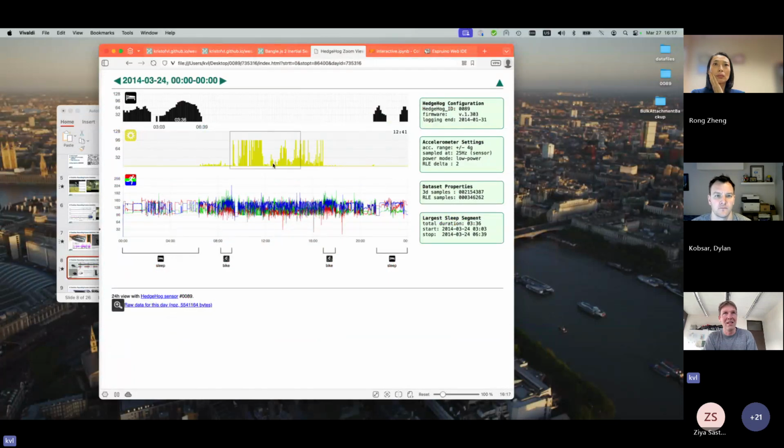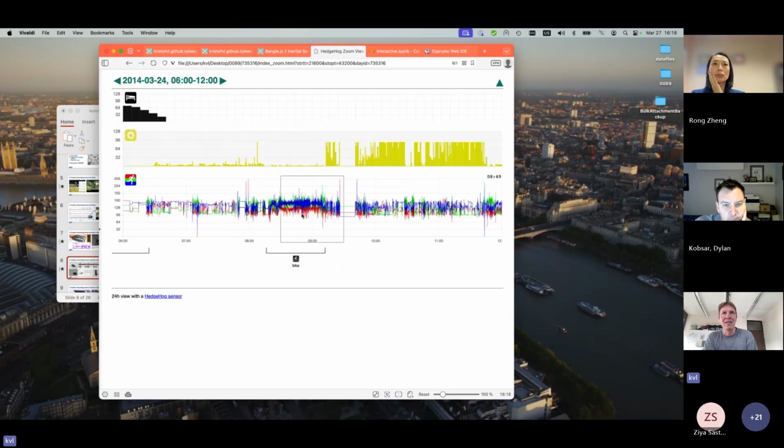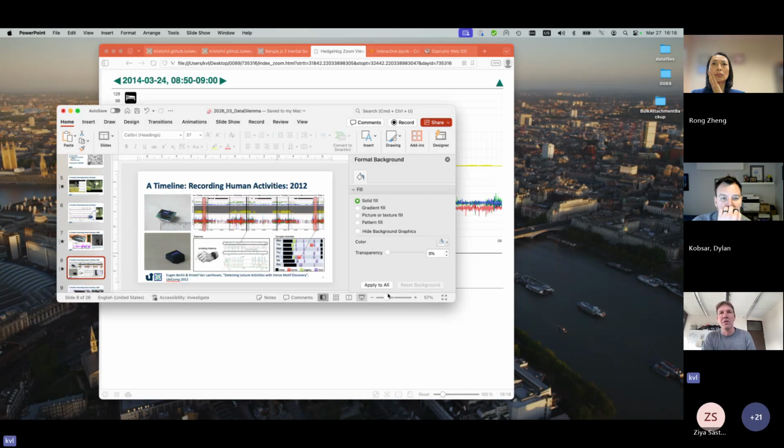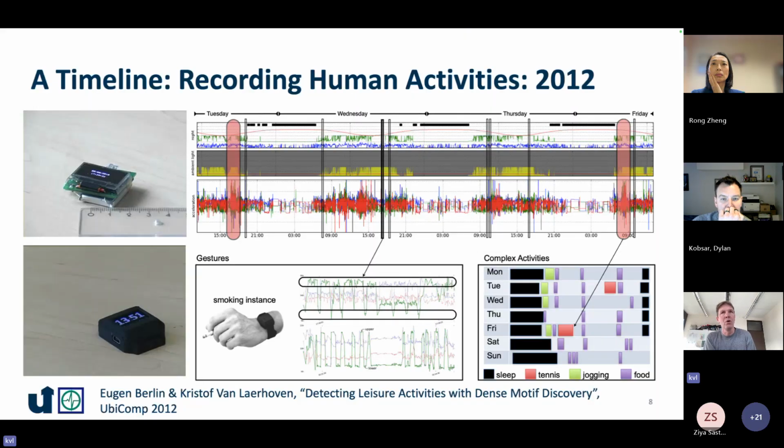So here's the light data and temperature data. Here's what this person was doing during the day. And since this person was cycling, you can just zoom in on the cycling data itself. And this for day and night, basically for several months, for almost a year. So that's what we did in 2010 to 2014, more or less, trying to look at all of this on